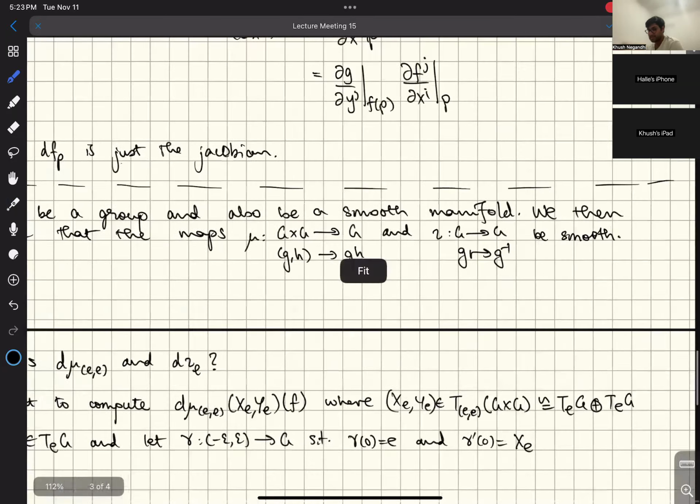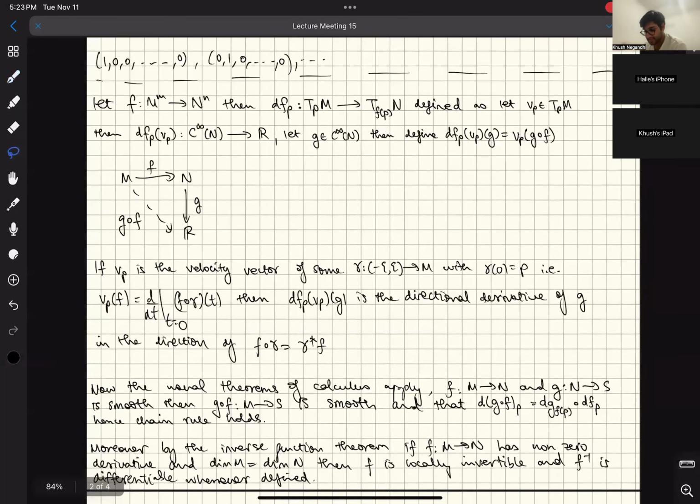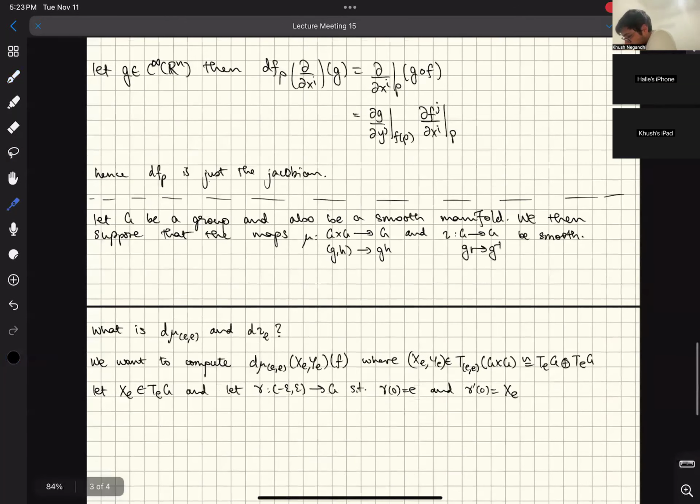Remember what this means: the action of x_e on f is the same thing as d/dt at t equals 0 of f composed with gamma at t. Then let sigma be the curve into G cross G given by